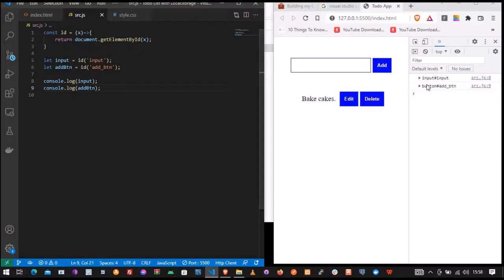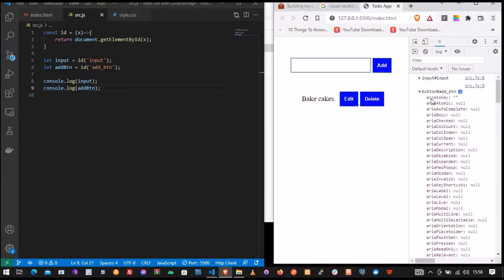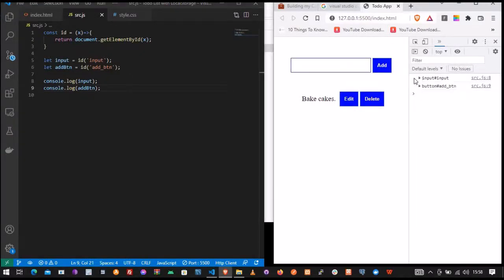Save this, and you can see in our console we have this, and it's going to represent the elements in the DOM. This means our JavaScript ran well, everything is going fine. So one thing we need to do is to